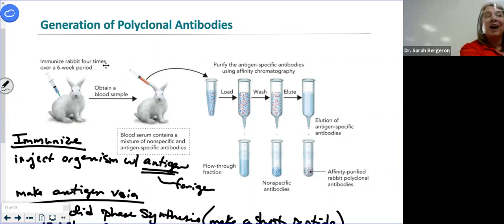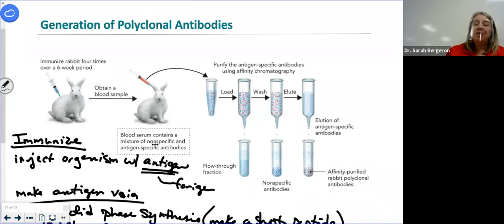And what's the whole point of a vaccine? Generate antibodies, right? Generate an immune response to whatever it is you were injected with. Well, guess what I want this rabbit to do? Make antibodies to my antigen. It's probably not going to be an antigen the rabbit ever actually sees in normal life, but it's for my science experiment. So then what I do is I collect a blood sample from this rabbit.